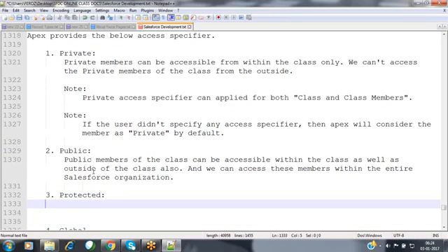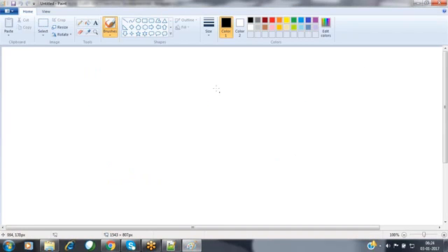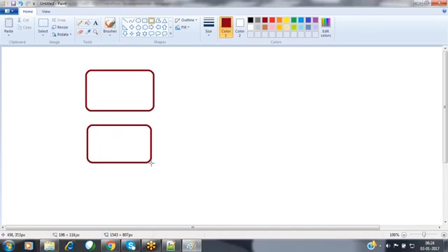And the protected. So what exactly are the protected members? For example, there might be some situations. Already we have discussed some inheritance concept. Assume that we have a set of classes. This is one class, this is another class, and this is another class.